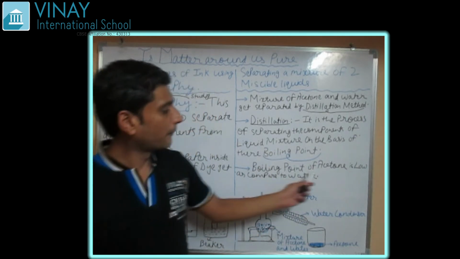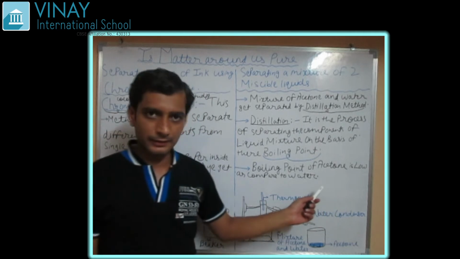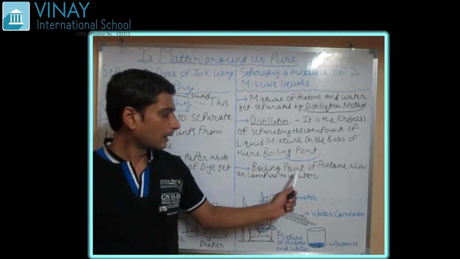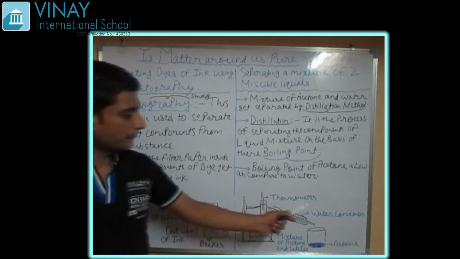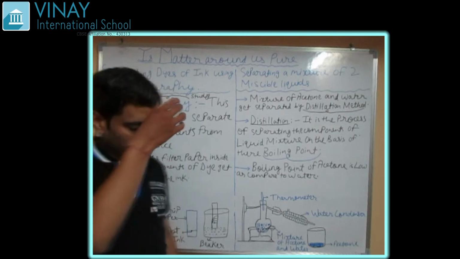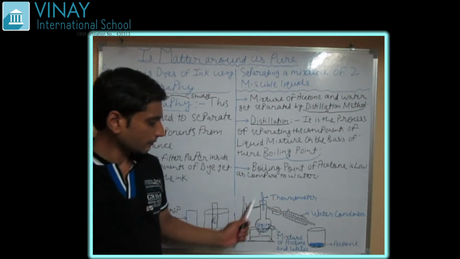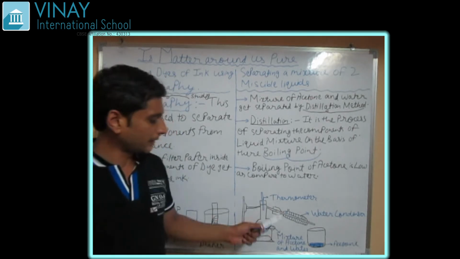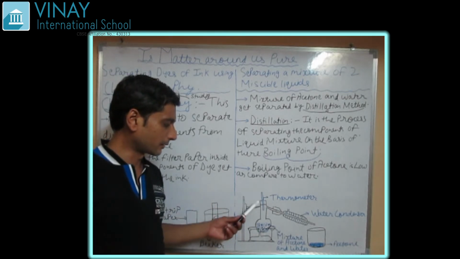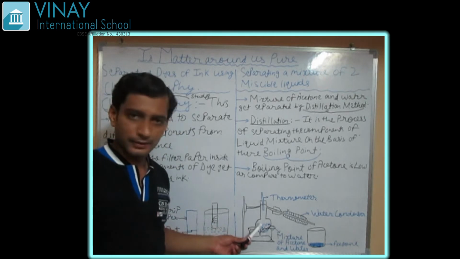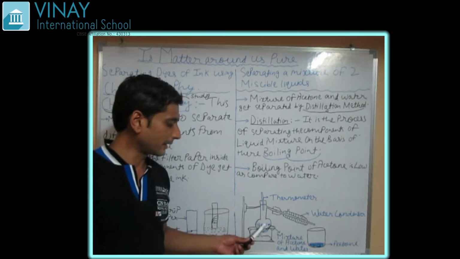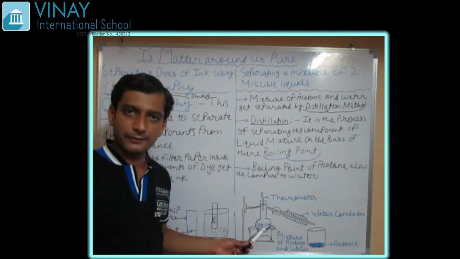So of course, when you are going to heat this solution, let's see it from the diagram, then it might be understood. This is your complete distillation setup. First of all, let me explain the diagram, then we will understand the whole process. This is a distillation flask. Okay, this is a burner. This burner is giving heat to this distillation flask.